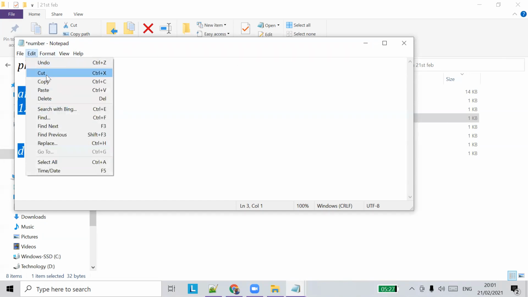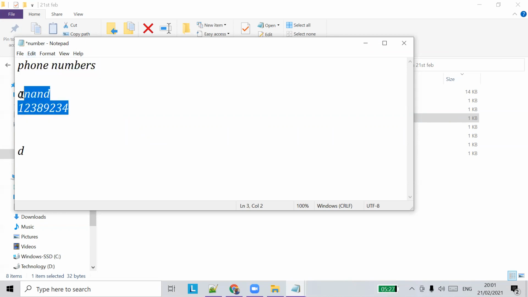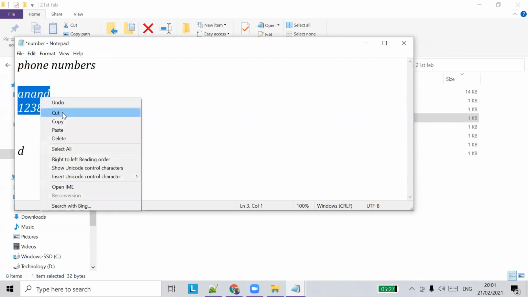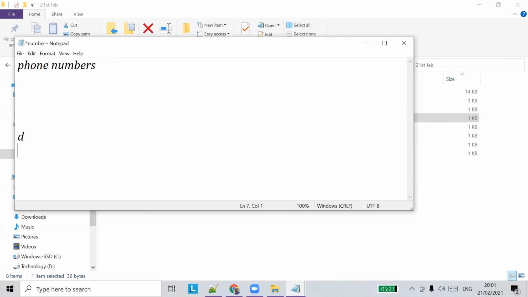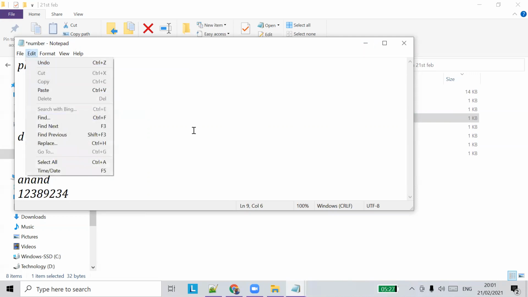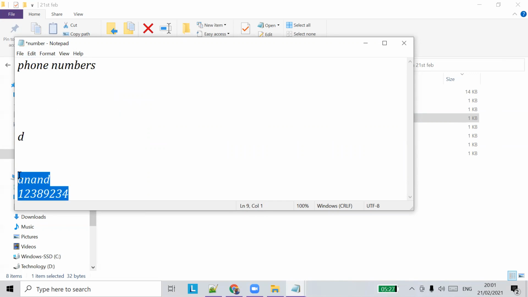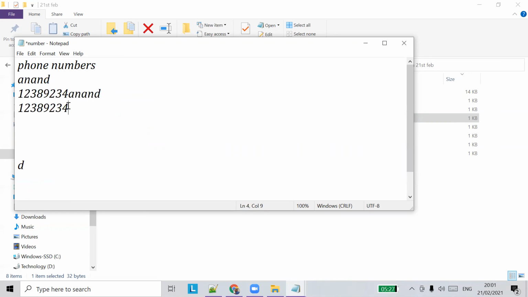So apart from that, we saw cut, copy, and paste. Cut is you cut something and you place it in another place. So edit and you paste it. We saw shortcuts also. Similarly, we can use shortcuts here. I can just copy it, Control C. I can paste it, Control V, multiple times easily. That will come handy when you use shortcuts.